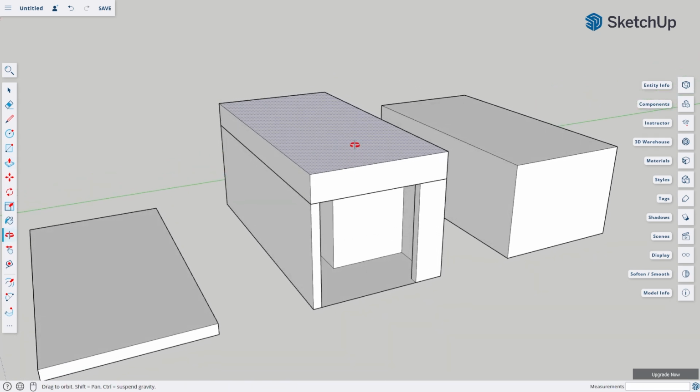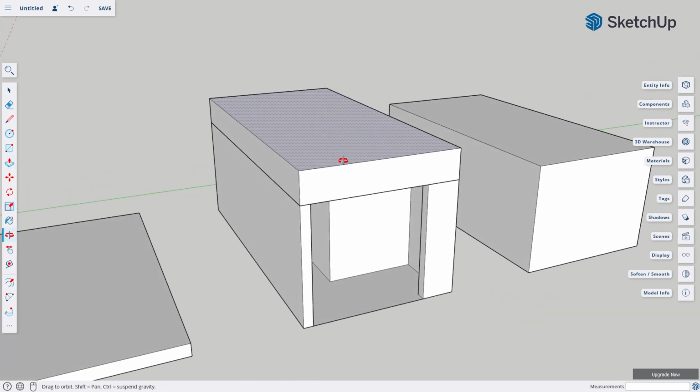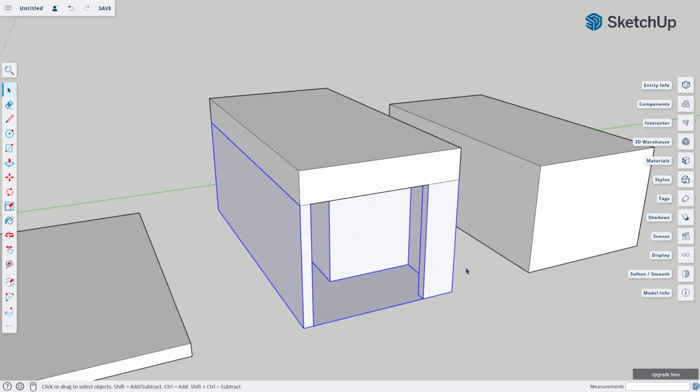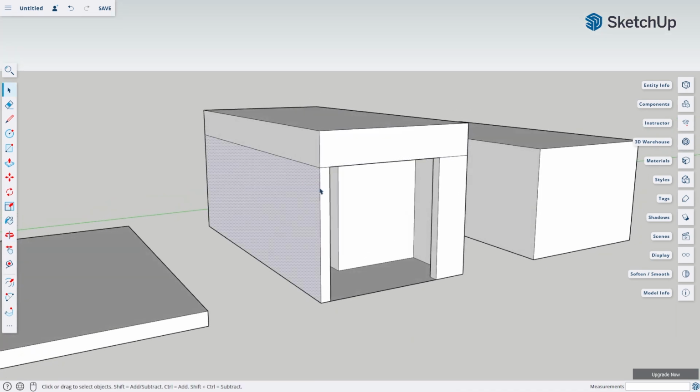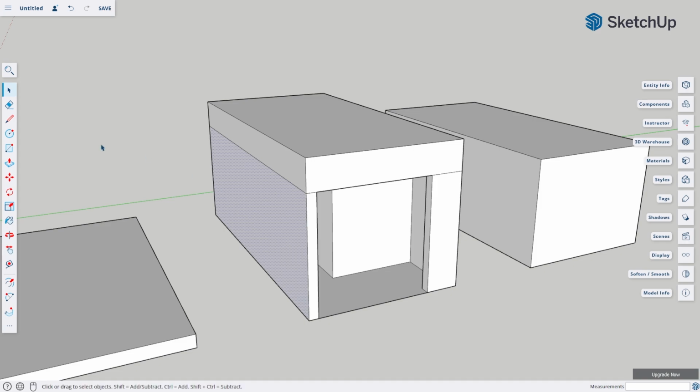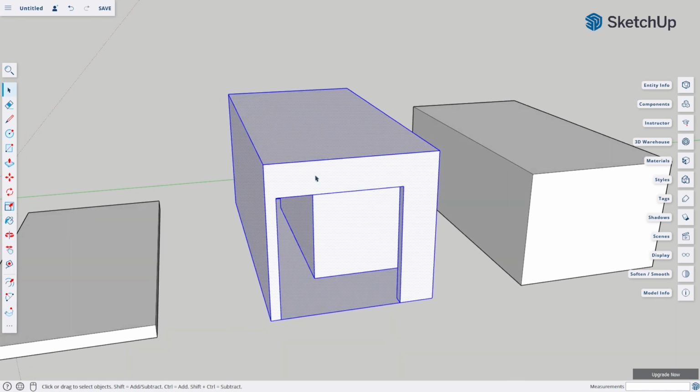Now I will combine these two since they are two separate models. So using the select tool, I will right click on this model and choose explode. This will ungroup the model, allowing me to edit each face or edge individually. And now this top model merged with the bottom since their edges overlap, making this into one model. And now I can delete some excess lines using the eraser tool. And I can group this again to easily categorize my model.